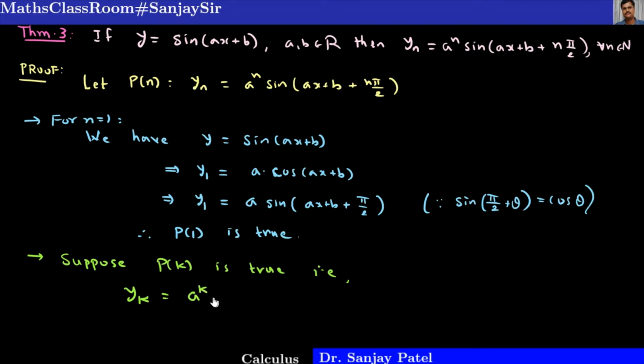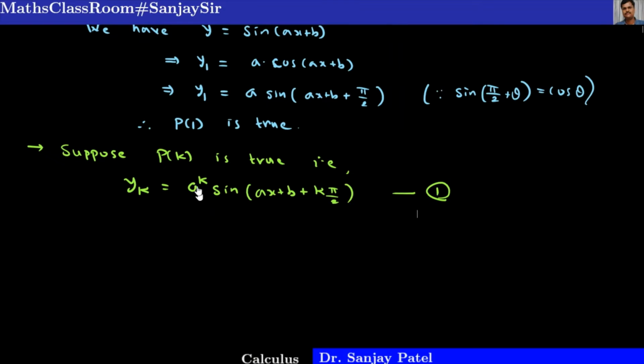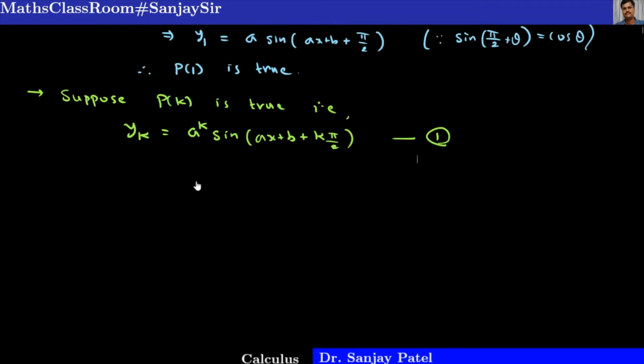So a raised to k into sine ax plus b plus k into pi by 2. And let us call this result 1 always. So we assume that this result is true for n equal to k. And now we want to prove that P of k plus 1 is true. That means the result is true for k plus 1 also. And for that,